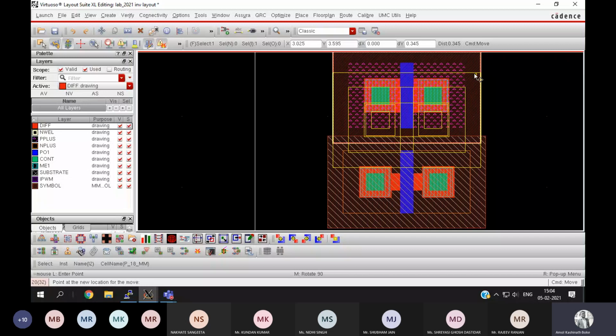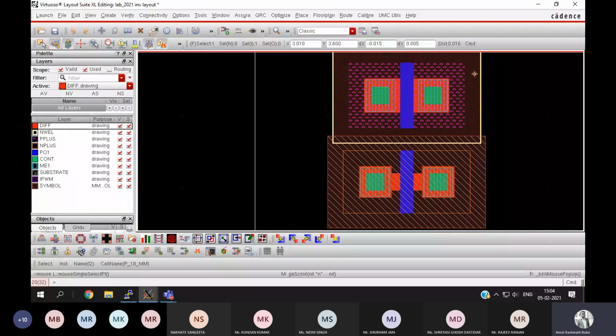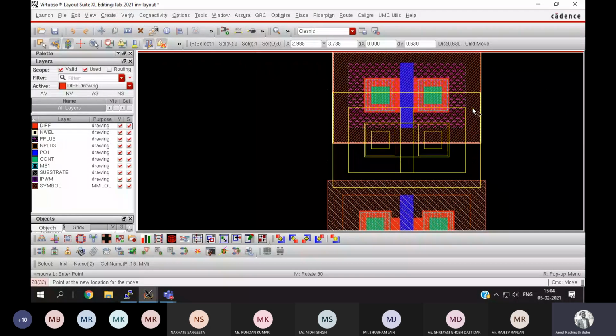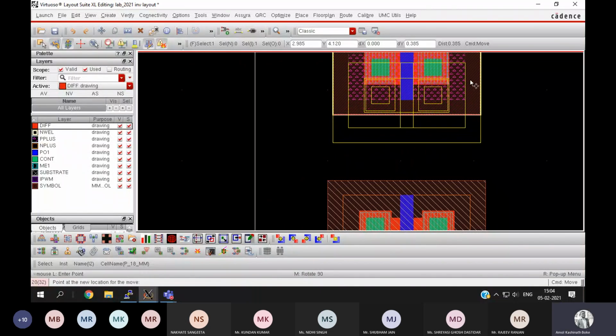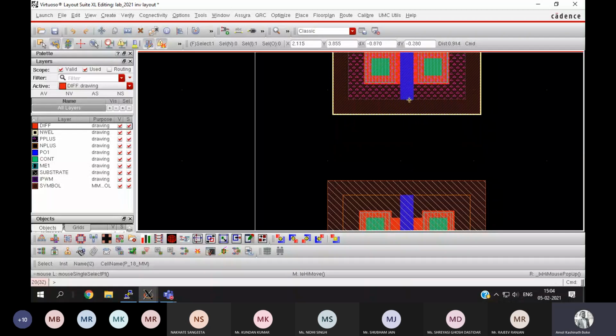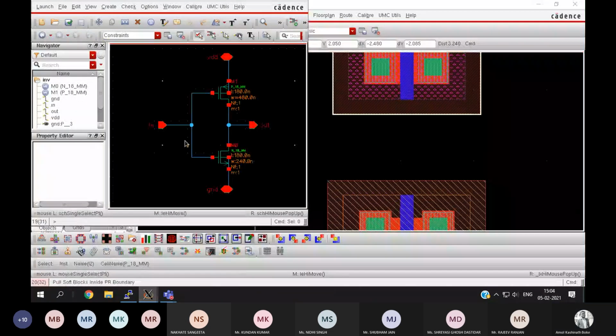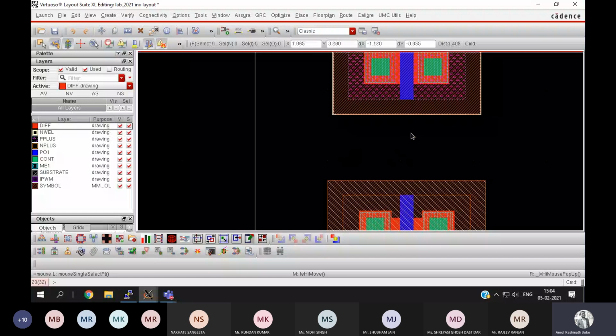So now just press M and click once only and just move. Okay. Again press M and move. I am keeping this much gap here for this connection. This connection. Okay. And this connection. In connection and out connection. Okay. Now